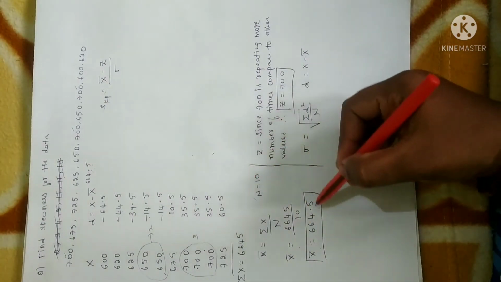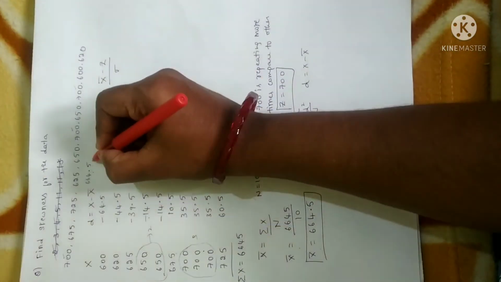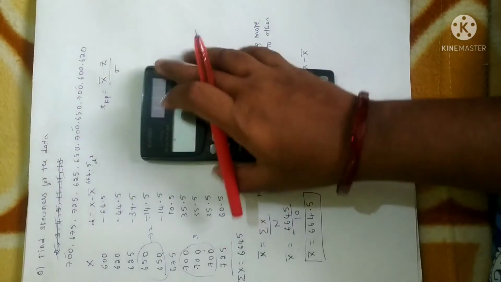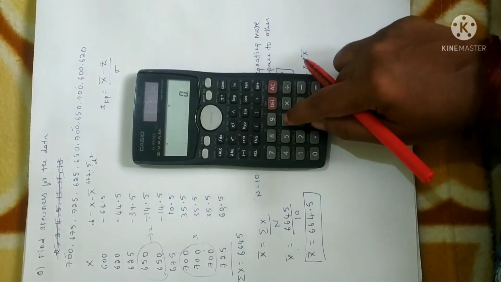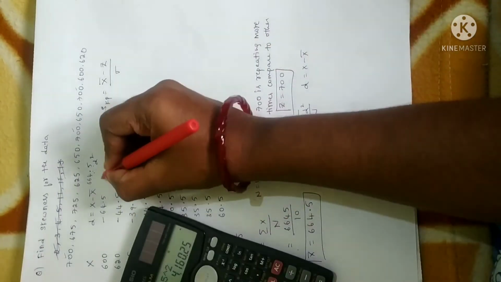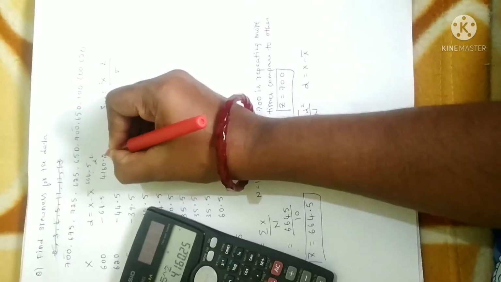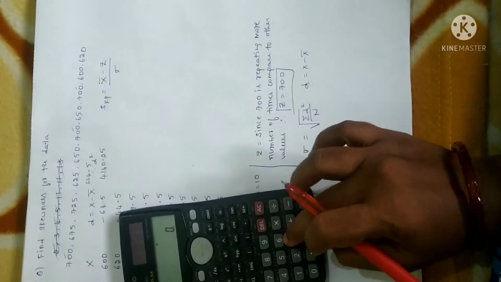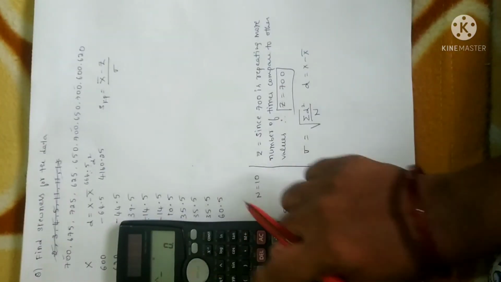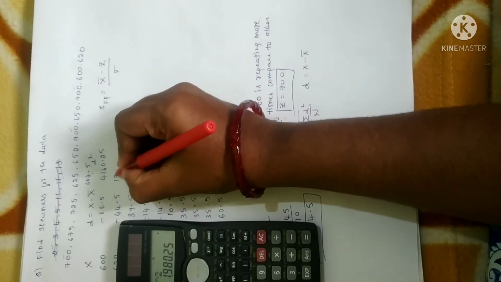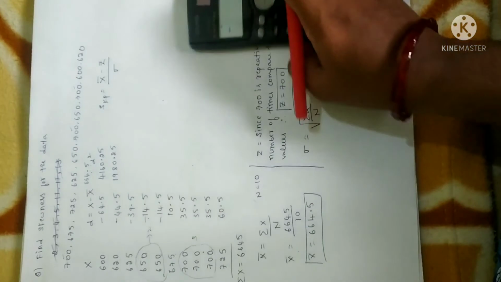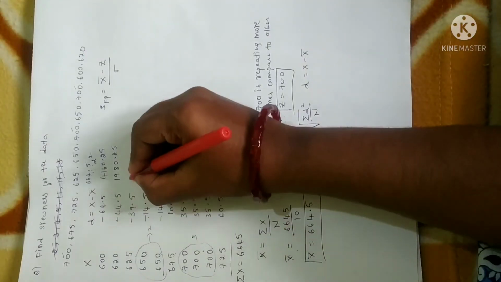Next, what is required is d square. Whatever d value you have, you just need to square it. I'll just show you one. Whenever you have a minus, when you square, you will get positive only. So 64.5 whole square will give you 4160.25. Similarly, 44.5 whole square will give you 1980.25. Fine. Similarly, 39.5 whole square,